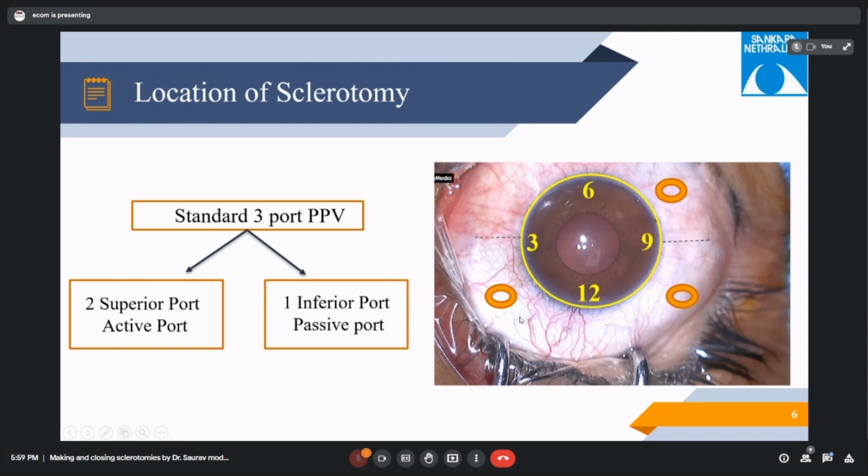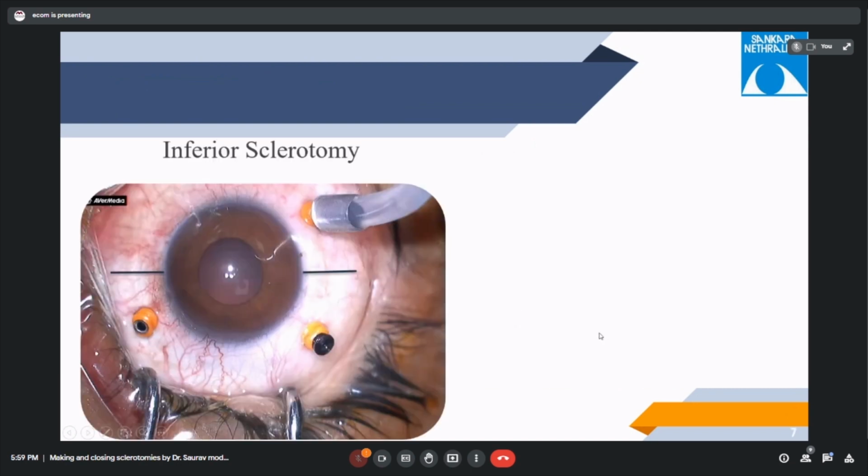and it prevents interference of this passive cannula during the instrumentation. So first, the inferior sclerotomy, which is the first sclerotomy to be placed. It usually occupies the inferotemporal quadrant. Generally it is placed below the horizontal meridian. Avoid placing it too horizontally and too inferiorly. Placing it too horizontally can damage the long ciliary neurovascular bundle, while placing it too inferiorly can result in knocking of the cannula against the wire speculum, kinking of the infusion tube,